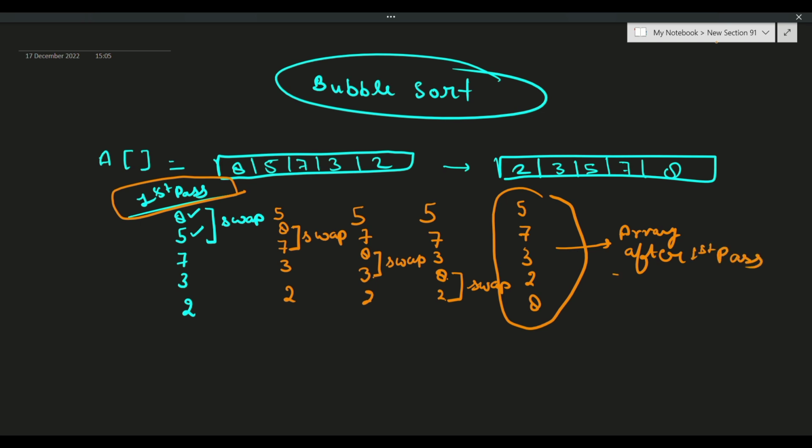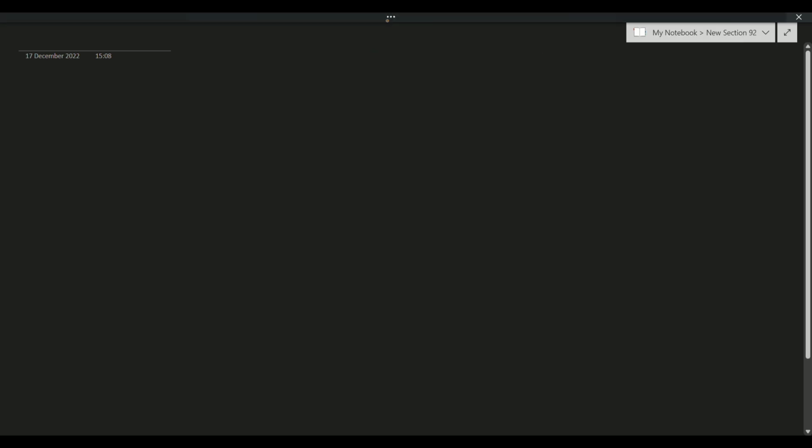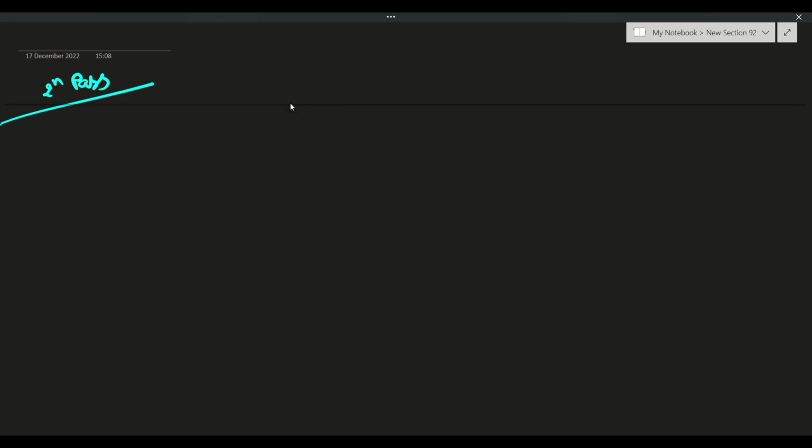Now we see the second pass. Let's change the color of it. In the first pass we get an array like this: 5 7 3 2 8.